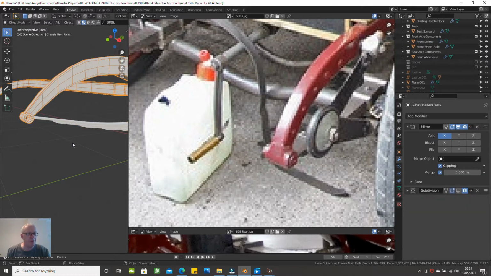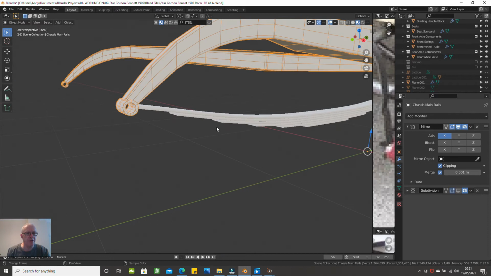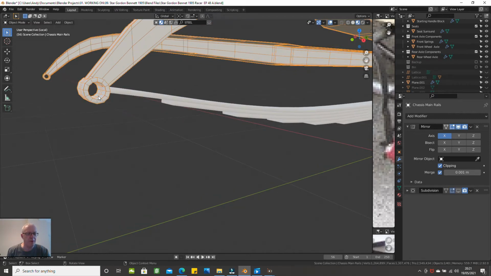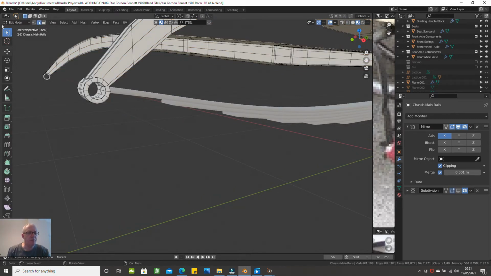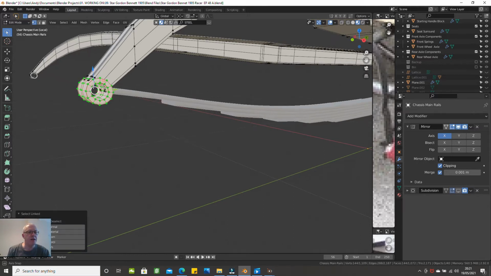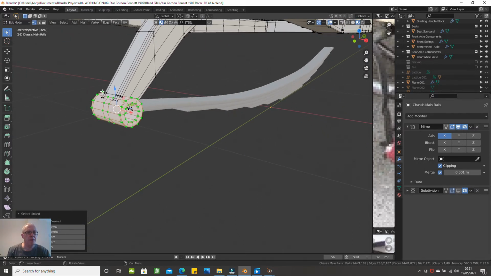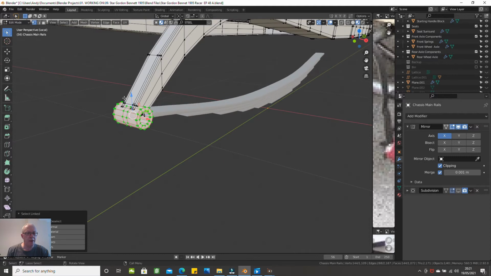I'm going to tab into edit mode. And the way I've got it at the moment, I've joined it, but I haven't. It's not properly joined, if that makes sense. So go into vertex mode and just press L. Just press L, which is that. Okay. L and